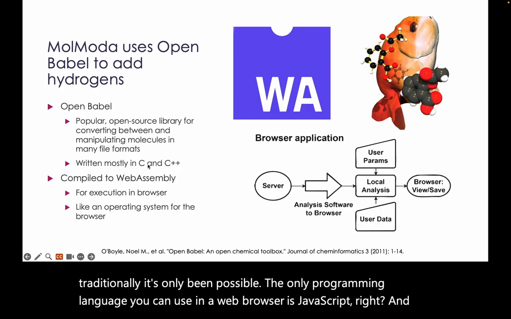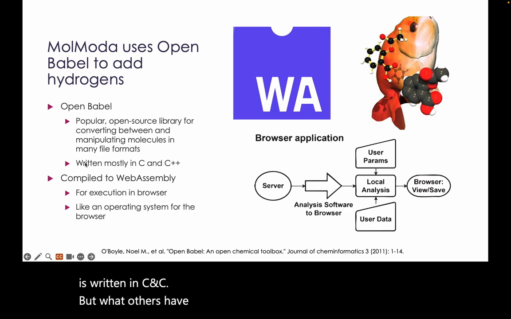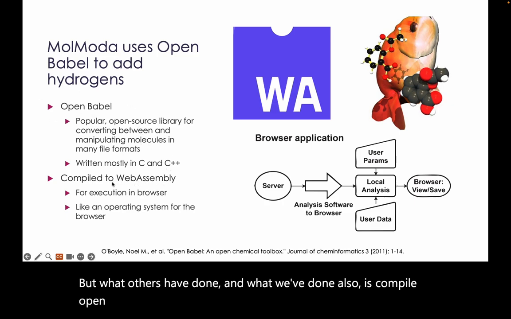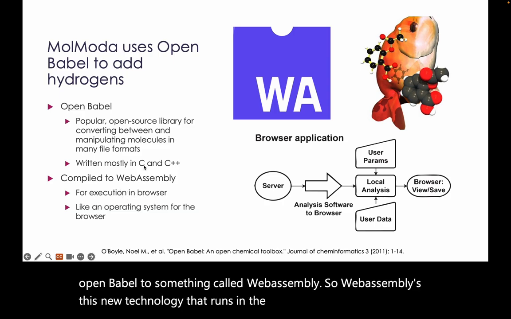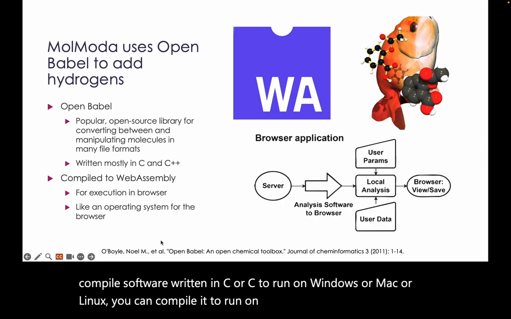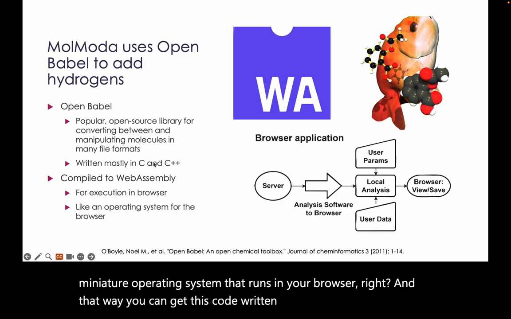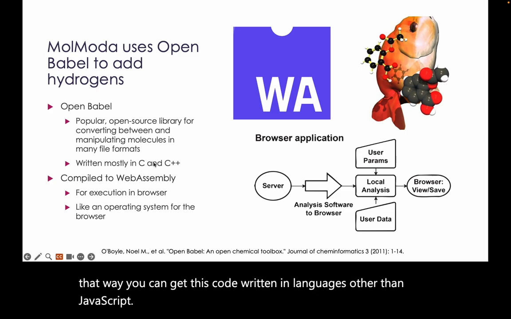And this is written in C and C++. But what others have done, and what we've done also, is compile OpenBabel to something called WebAssembly. WebAssembly is this new technology that runs in the browser. And just as you can compile software written in C or C++ to run on Windows or Mac or Linux, you can compile it to run on WebAssembly, which is like a miniature operating system that runs in your browser, right? And that way you can get this code written in languages other than JavaScript to run entirely in the